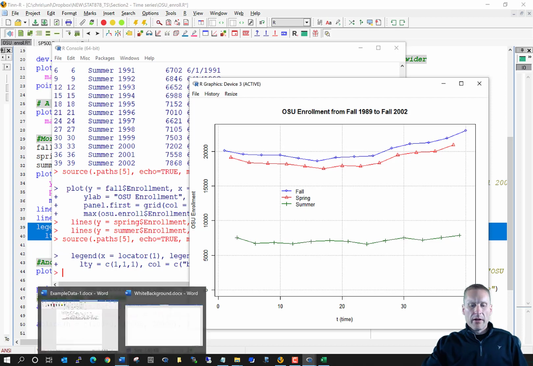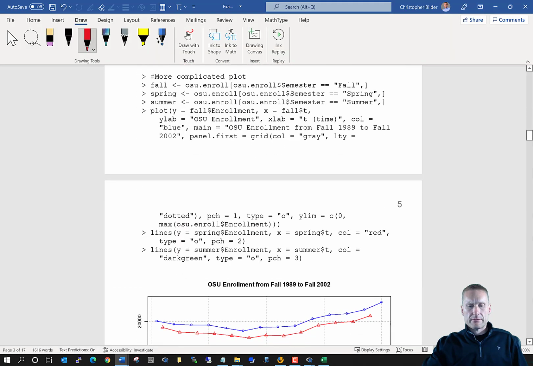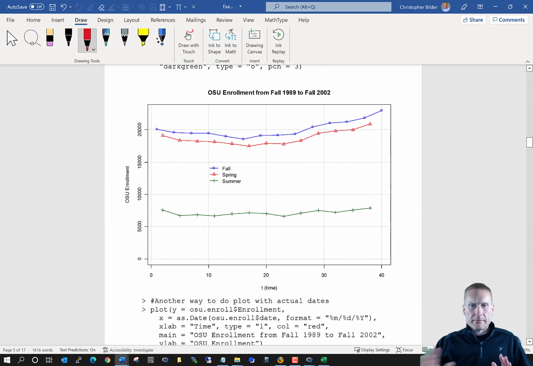Okay, so let me come over here to Word again. So we are doing a lot here with plotting. In the end, it's fairly simple. You just need to understand the code. But I want to take the time to go over the codes because simply every data set that we're going to have, we're going to do something exactly like this. And depending upon your experience with R coming into this course, you may not have seen doing plots exactly like this in the past.